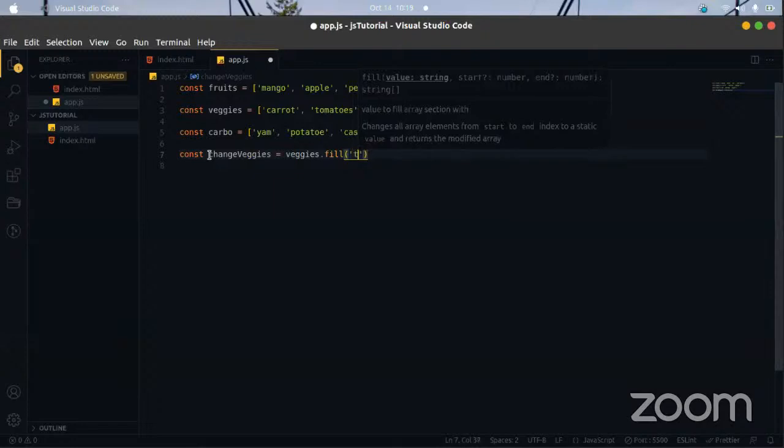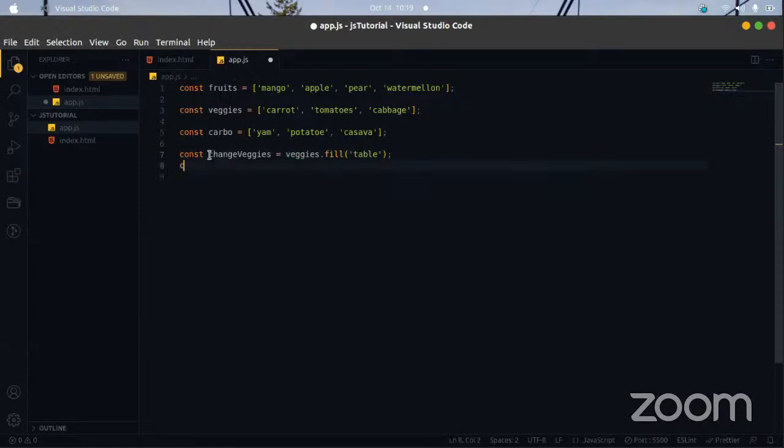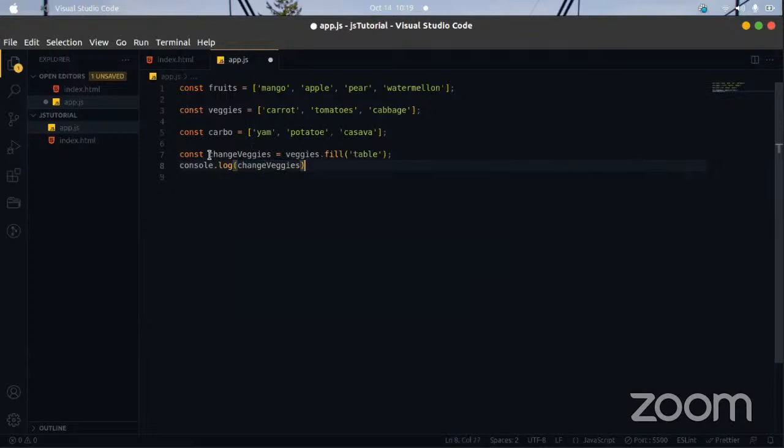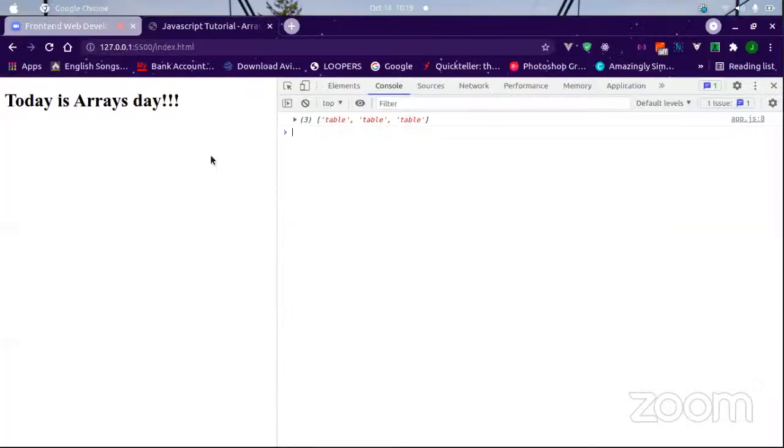We could say table, and if we console log this, it changes everything inside the array to table. If we save this and check in the browser, veggies has changed to table. So everything inside veggies is now table.